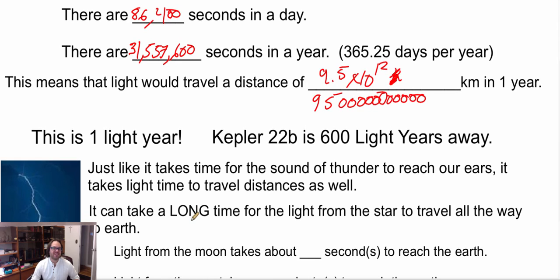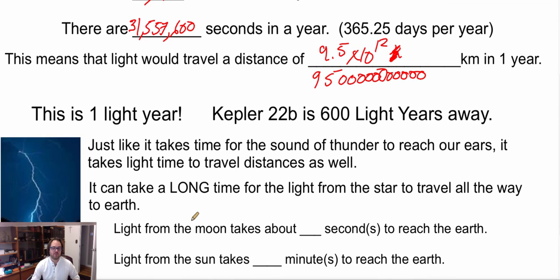Now Kepler 22b is 600 light years away. What that means is I multiply this many kilometers by 600. In other words, we know how fast light can travel. So if we say it's 600 light years away, that means it takes 600 years for the light to reach us. Because light isn't quite instant, even though for us on the small scale things we see, it seems instant. But in reality, light travels at a certain speed. It is 3 times 10 to the 8 meters per second, or 300,000 kilometers per second. So if something is 600 light years away, it takes 600 years for the light to reach us on Earth